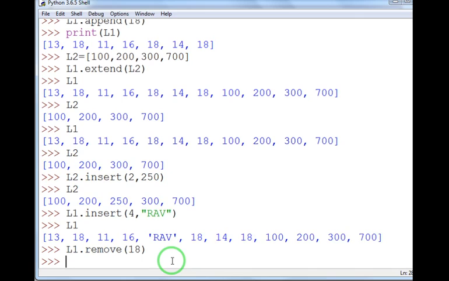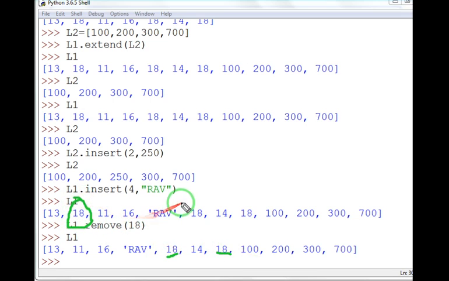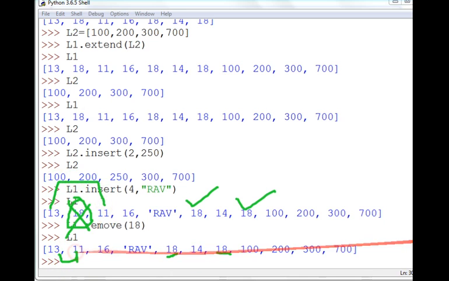And now when you print L1, the first occurrence of 18 has been removed. Now there are only two 18s. This 18 has been removed, which was between 13 and 11. So no 18 is over here.